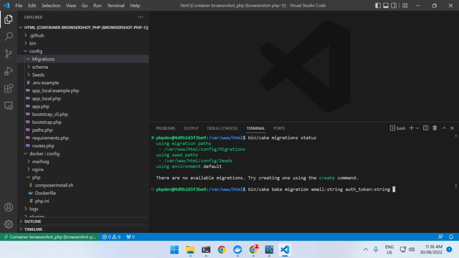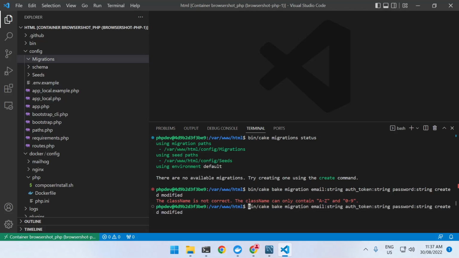We also want a password field, so we're going to use password and form authentication as well. And finally, we've got our standard default CakePHP created and modified fields. So it says the class name is not correct, and that is because we need to give it